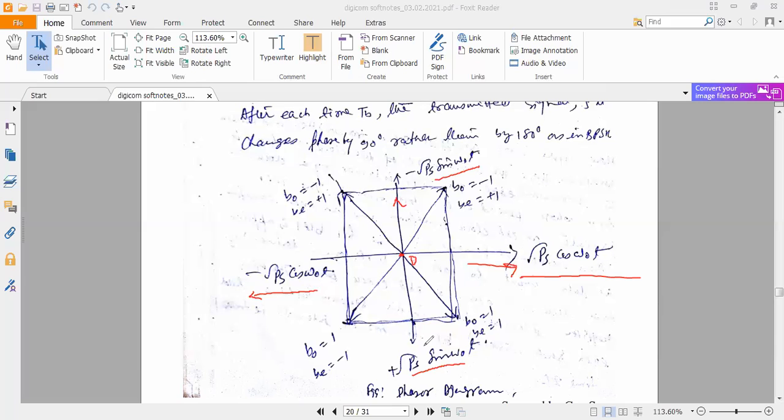Now suppose here it is plus, here it is minus, here it is minus on this axis, and this side is plus. So if you move here, first you have to move to this plus side, then you move to the negative side. That's why even is positive, odd is negative. Got it. Now come to this side, this point.